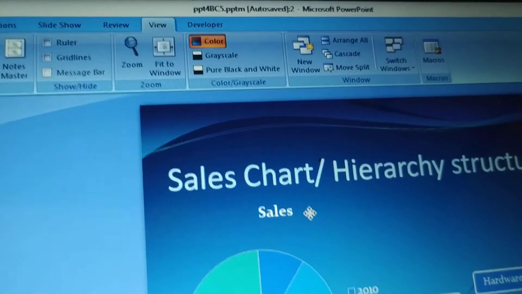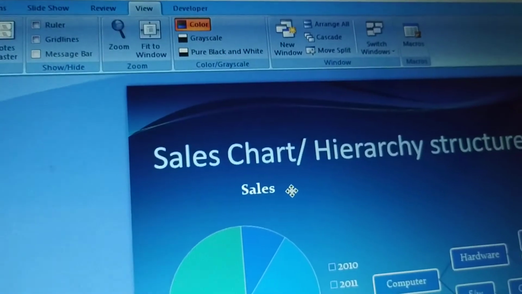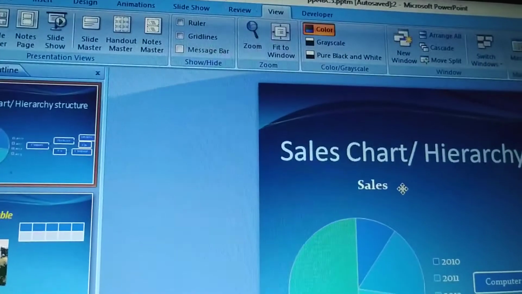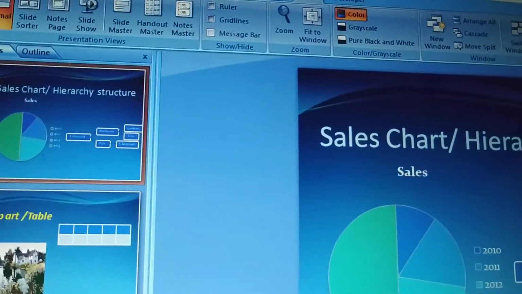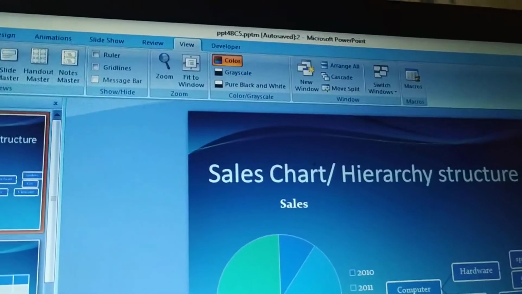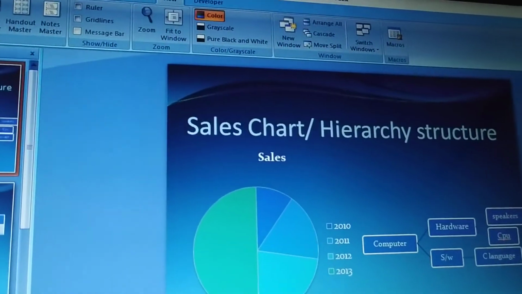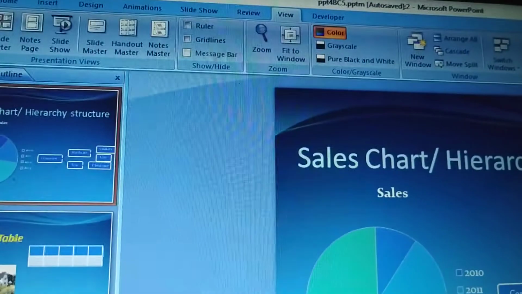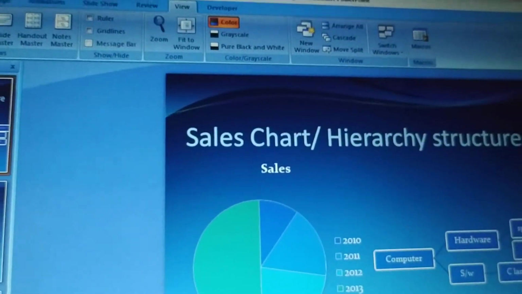Okay, now you have to work with the arrow keys from the keyboard. See what changes happen on the screen. See, like this. Okay, this you have to do with arrow keys. It moves the splitters. Okay, like this. See, the change is happening.